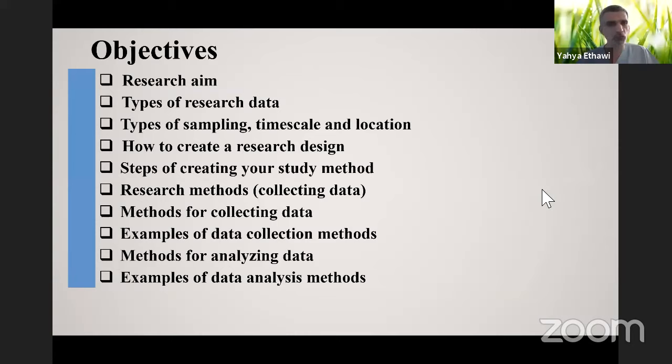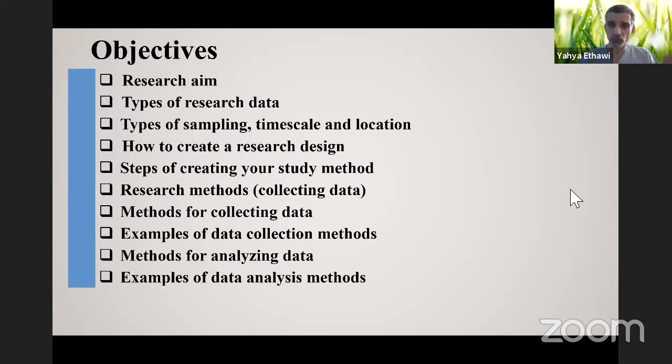The objective of this talk is to talk about the components of the methodology, which are the aim of the research, the type of data, type of sampling, time length, and location,